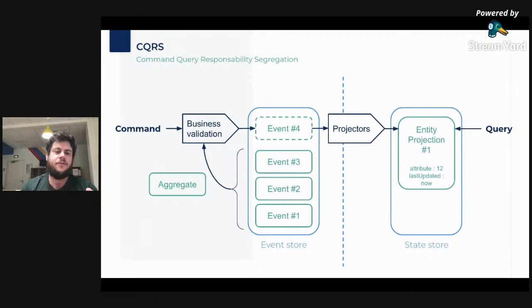A command will go through business validation using the previously stored events related to this specific entity, this specific aggregate, for example an alert, to validate that the new command you're trying to run is valid, and then insert it into your audit log.